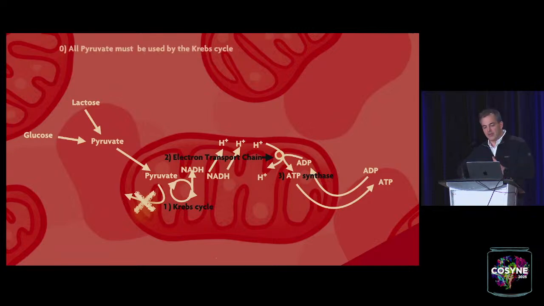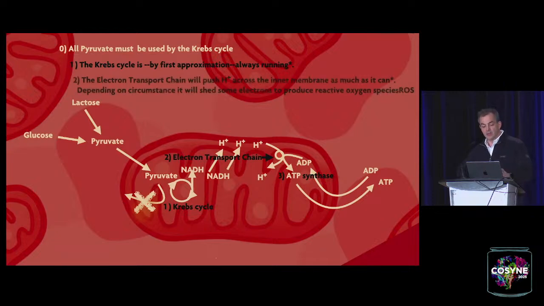And I'd just like to reiterate the points that are important here. All pyruvate must be used by the Krebs cycle. It cannot be converted into anything else. So neurons are running a very direct and very lean metabolism. The Krebs cycle is, by first approximation, always running as a result of that. Also because neurons can't fully control their metabolism. So lactose is being fed to neurons by their ambient astrocytes. So they're being force-fed in a way, and they have to make do with what they get. Depending on circumstance,